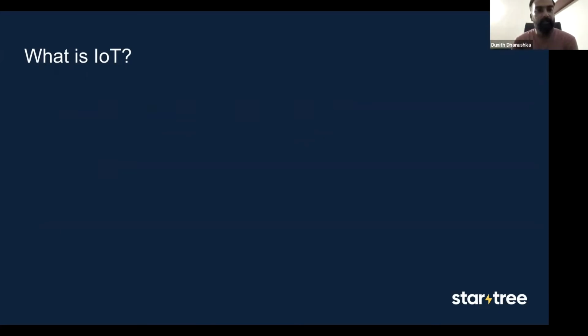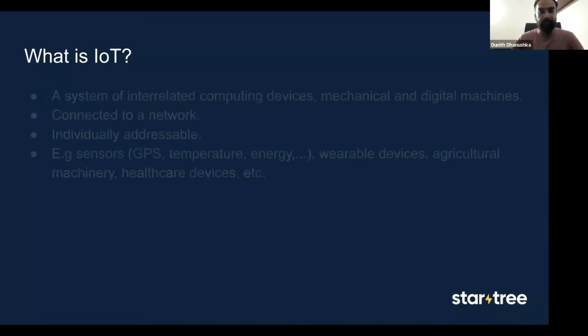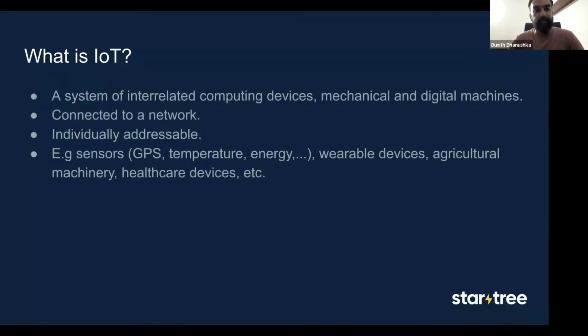So first, what is the Internet of Things? I know this has been a trending topic, and it goes back to 2010 and the beginning of the big data world. Actually, big data and IoT go hand in glove, so they share a lot of similarities.